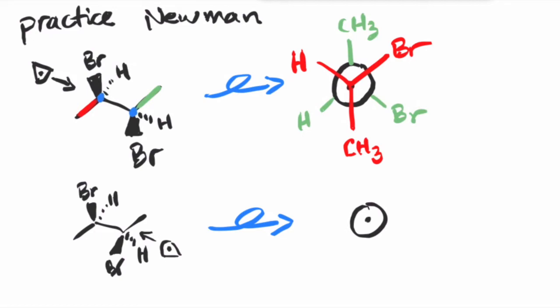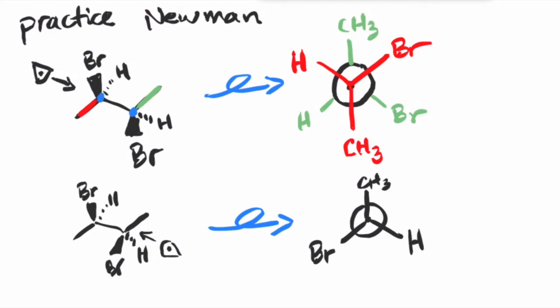This time the flat structure, the flat line is pointing up, so I'm going to draw it straight up. And that's my methyl group. This time the bromine, if I'm looking from the right-hand side to the left, the bromine that's coming out is going to be on my left side, right? So I'm going to draw the bromine coming out to the left like that, and therefore the hydrogen to the right like that. Again, they are all 120 degrees apart.